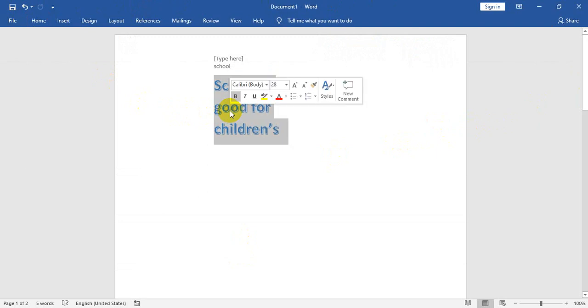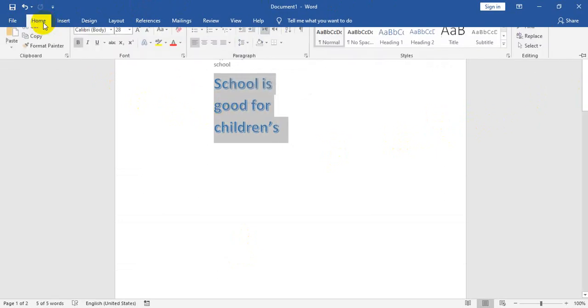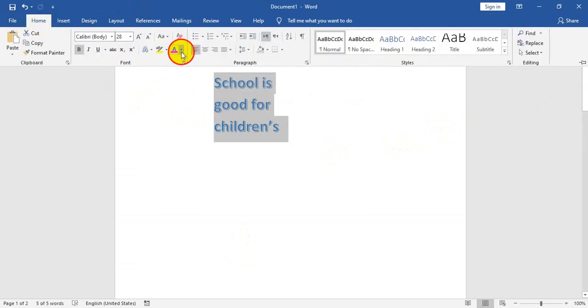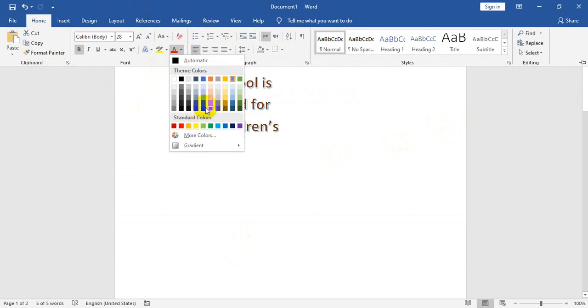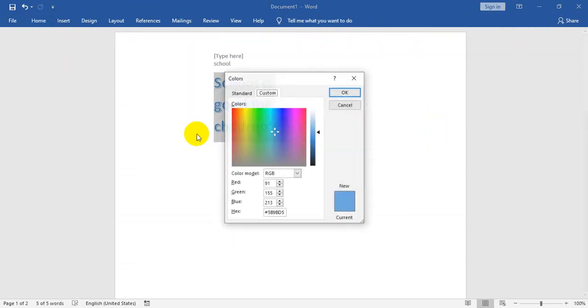Now you can change the font color by your own choice. For more colors you need to click here and you can make your own color.